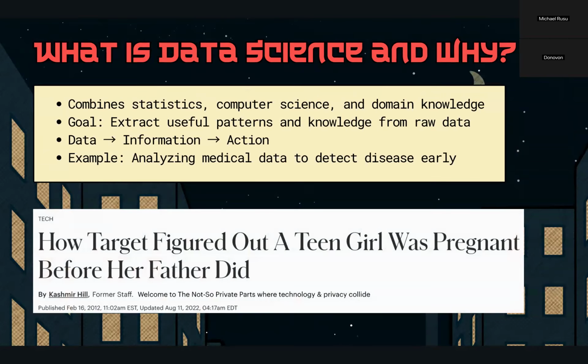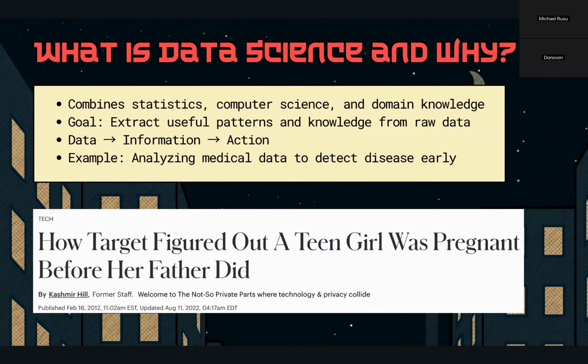Why data science, right? Data science is a combination of computer science, statistics, calculus, all that fun stuff. What you want to do is predict something: a value, the future, anything, using patterns that you find in your data. Usually you're given a data set, you find information from it, which leads to an action or a prediction, which you can then re-input back into the sequence, and you get data from that action. That's called reinforcement learning, which is pretty cool. We might touch on it in our next workshop.